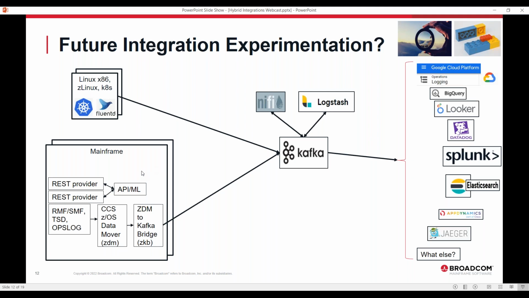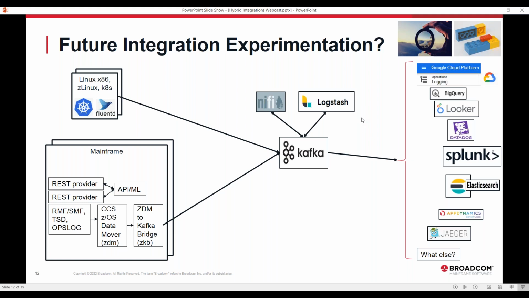Admittedly, we've probably spent more time on the mainframe trying to get this data, because keep in mind, we're trying to get mainframe observability and telemetry data to join the rest of the enterprise landscape, and in order to do that, it's more useful if it's in a certain form.